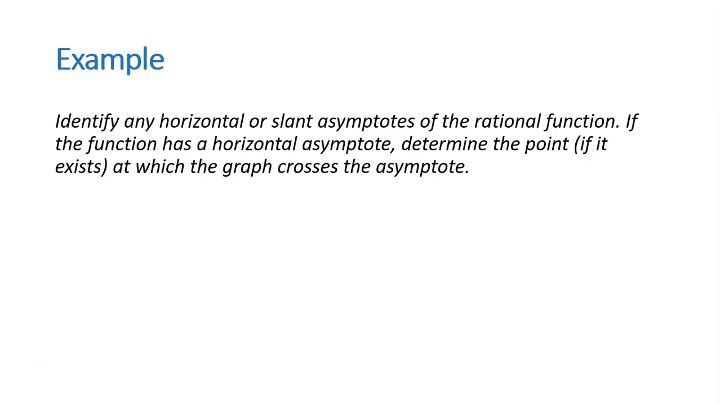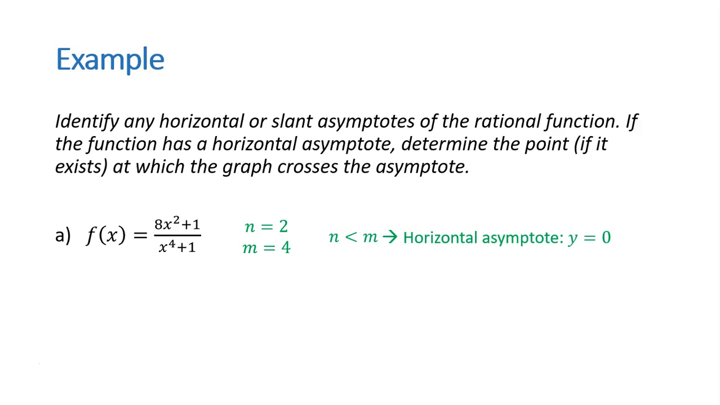So let's try a few examples where we identify horizontal and slanted asymptotes. And if we have a horizontal asymptote, we want to determine whether or not our graph is going to cross it, and if it does, where is it going to cross? So our first function is f of x equals (8x^2 + 1) / (x^4 + 1). To find horizontal asymptotes, we compare the degree in the numerator and the degree in the denominator. The numerator has a degree of 2, and the denominator has a degree of 4. So in this case, n is less than m, so we have a horizontal asymptote at y = 0,